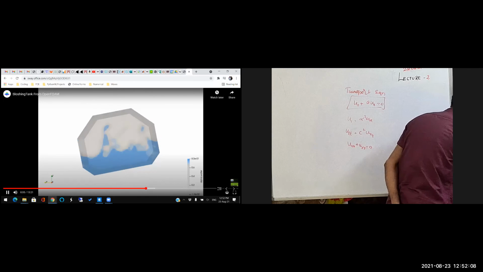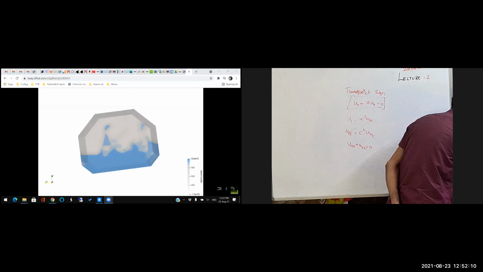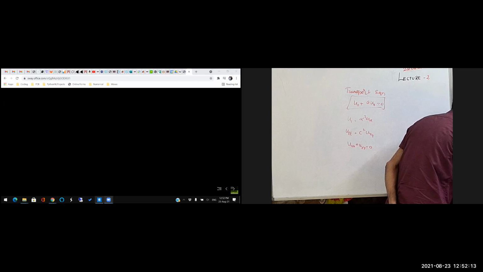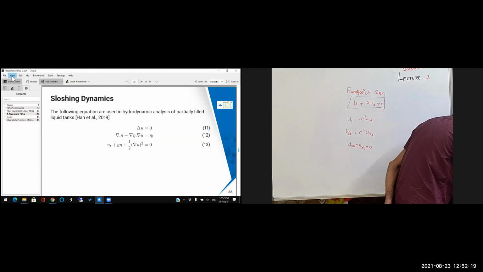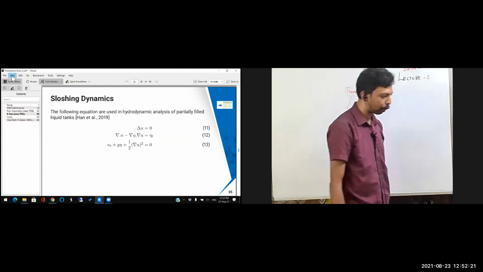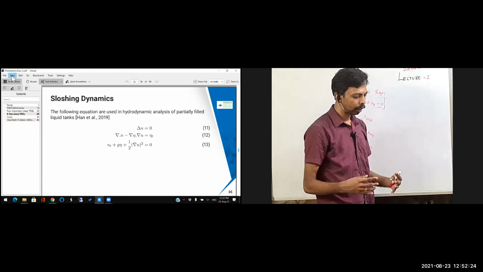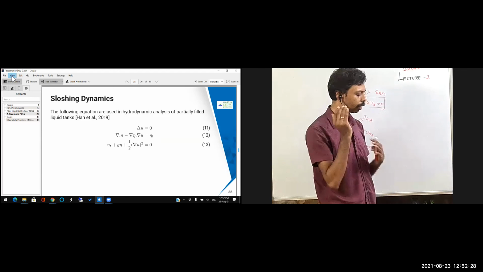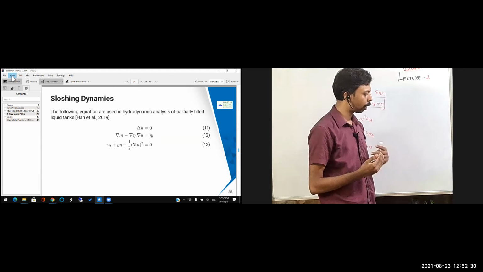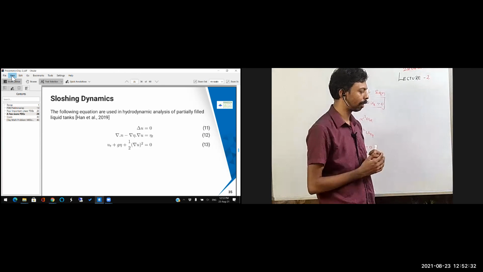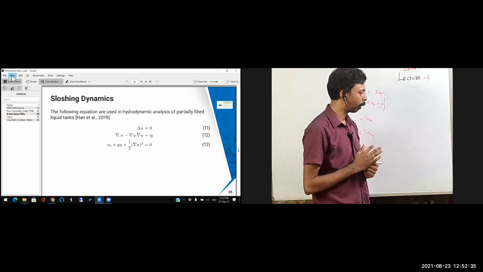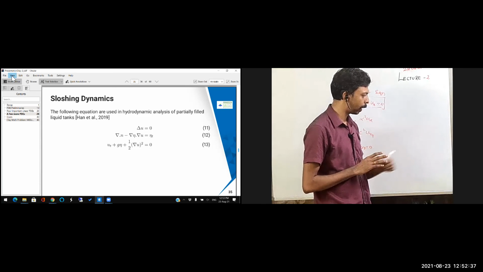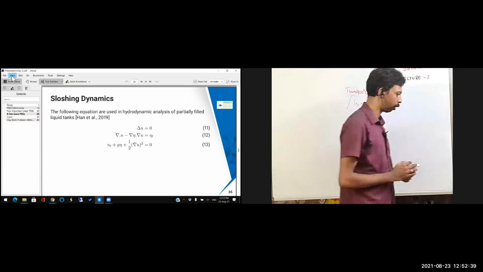And this is one of the important problems for many high-end cars, where, for example, BMW and others solve this kind of problem in order to make their customers happy, because when you go in a high-speed car, this sloshing will again make some noise in the car. They want to reduce that kind of noise. For this they have also studied sloshing dynamics, where I was working with BMW and Volkswagen in Germany. At that time we solved this kind of equation, which is called sloshing dynamics.